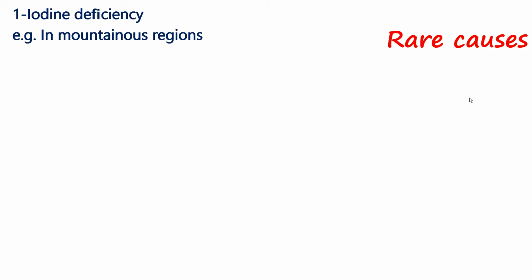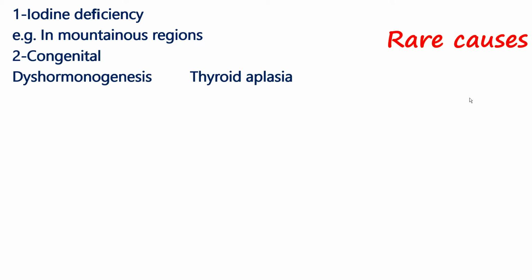Iodine deficiency in areas dominated by mountains, because there is no iodine in the soil, and congenital hypothyroidism. In this hormonogenesis or in thyroid aplasia, the baby is born with congenital hypothyroidism. This is very dangerous. Why? Because, as we said, the function of the thyroid is essential for the maturation of